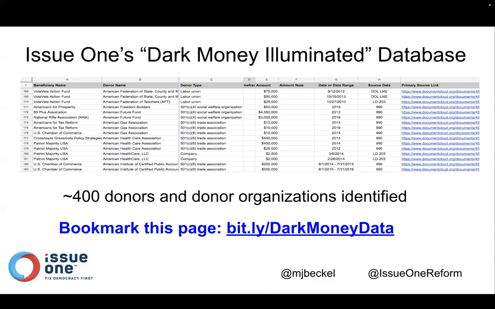And we put up all the primary sources, so you can see those on DocumentCloud, whether it was a labor union filing, an IRS 990 filing, a corporate filing, etc. And I think this is a good resource for anyone, because a company, a trade association, any one of these labor unions or entities that donated to a dark money group in the past is a pretty strong contender as an entity that will continue giving to dark money groups in the future. And I think that this can be a resource because it's a roadmap of who's been active in dark money